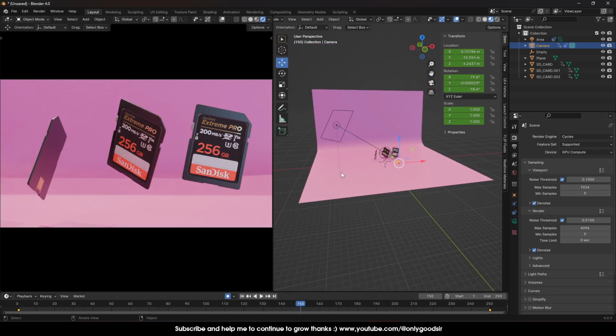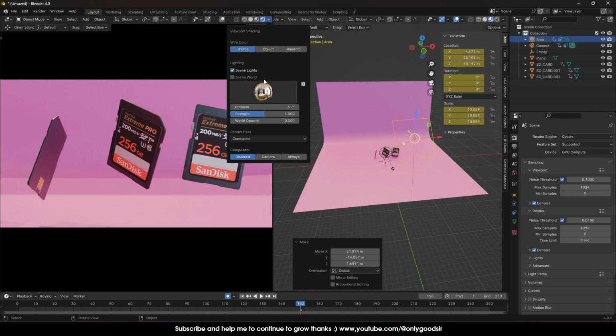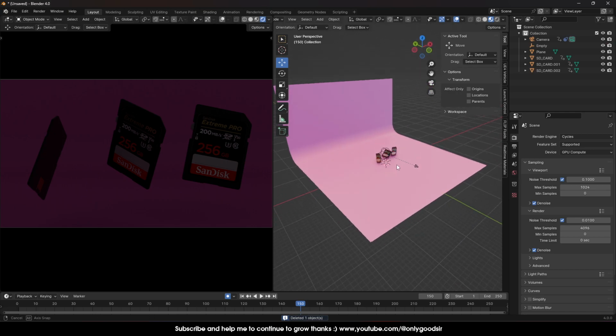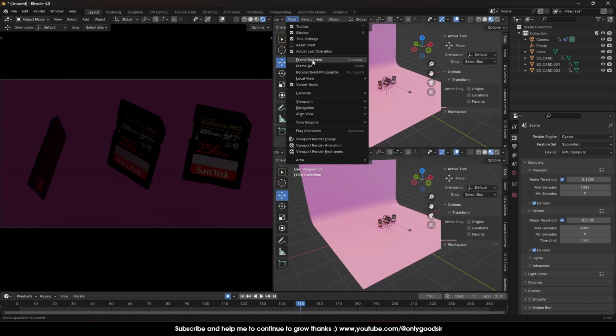We got a completely different look and feel because of the lights and the environments that we're using. So I'm going to turn that scene world off. I'm going to delete this light. Okay, and what I'm going to do is, if I do a horizontal split in my asset browser,